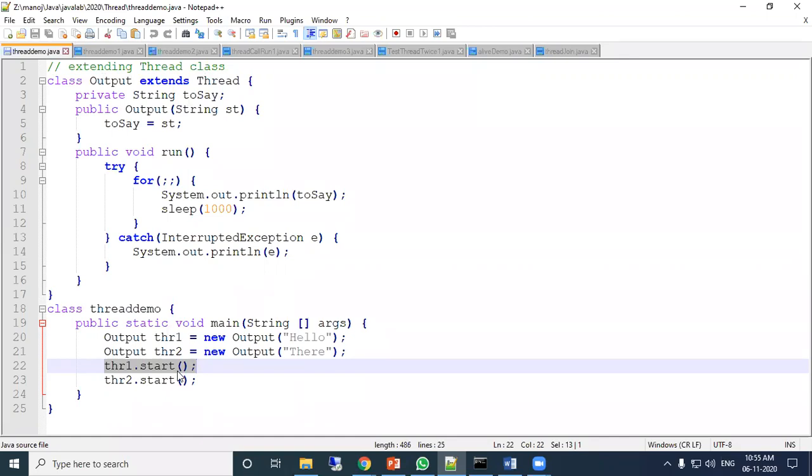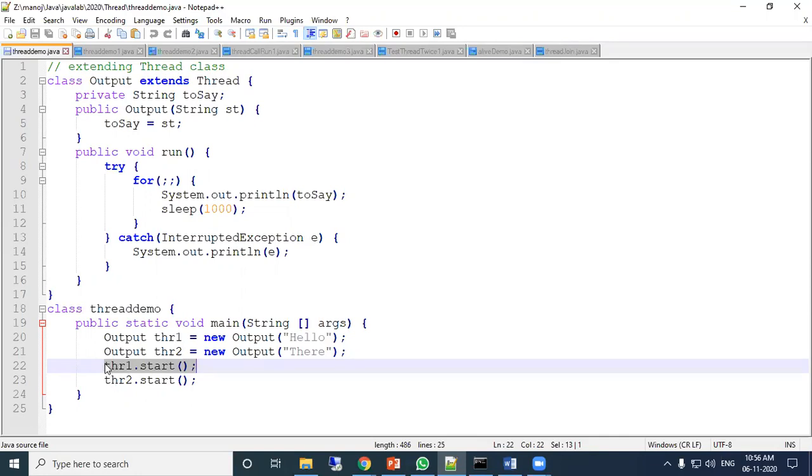And remember, this start method is a member of thread class, and it is a public member. So because it is a public member, it can be accessible through the object of the derived class.